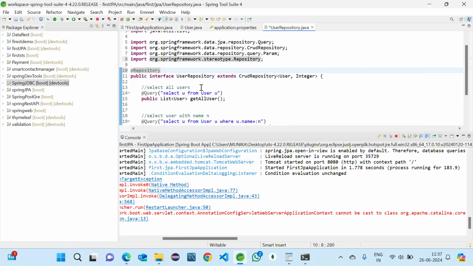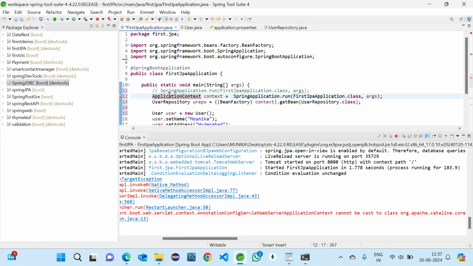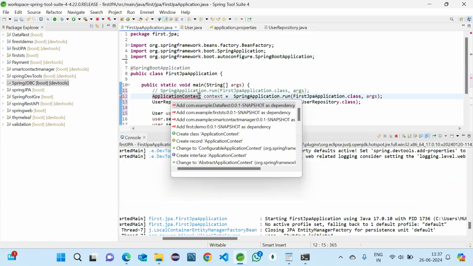Import repository and save. Then if you come here, if you try to import ApplicationContext,